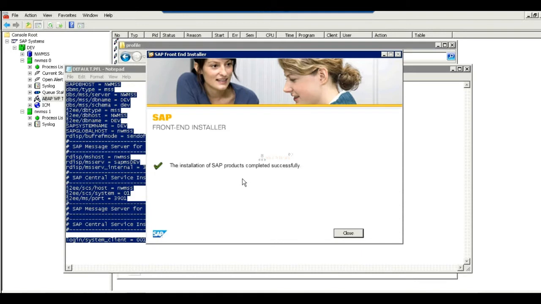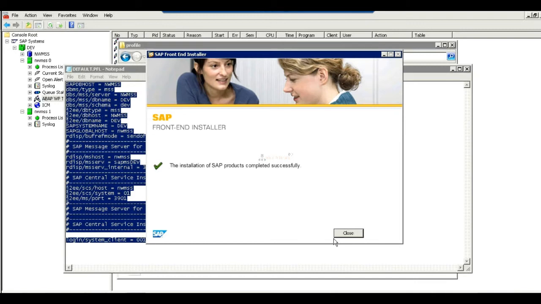While stopping also, the same sequence: start profile, default profile, instance profile. When it is starting, it will read the start profile, which says what instances need to start. After that, it will read the default profile. After that, the instance profile, right?